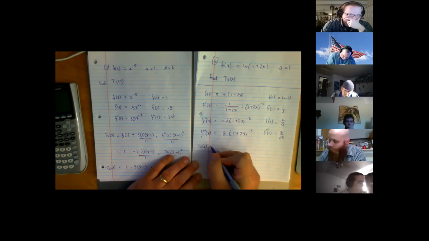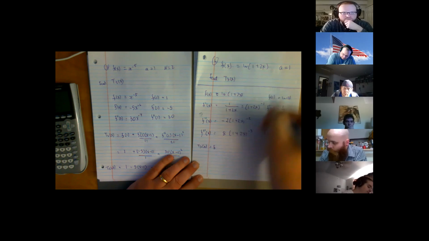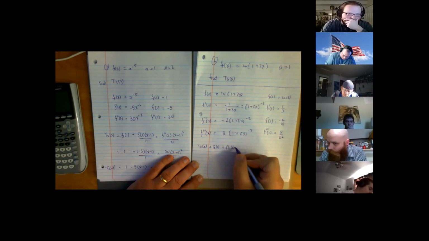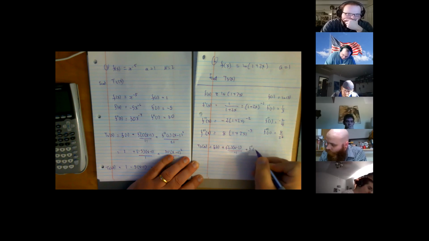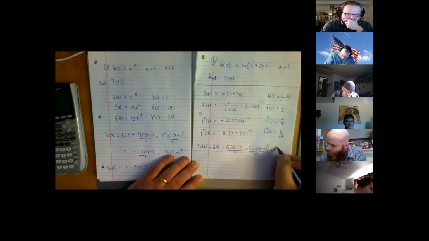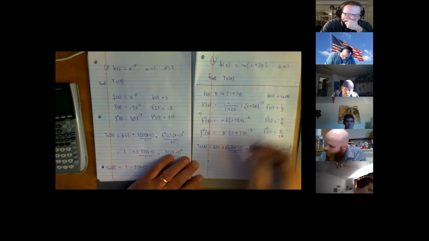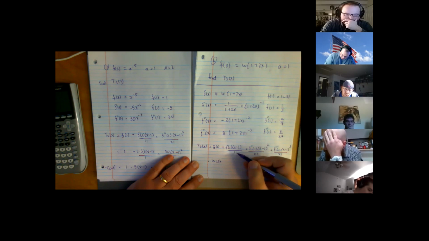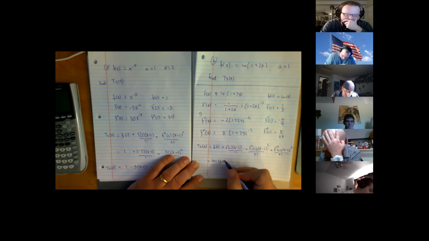So T3 of x is going to be the function evaluated at 1, plus the derivative at 1 times x minus 1 over 1 factorial. Then you do the same thing, but you use the second derivative over 2. And then you do the same thing one more time, but with the third derivative. Now this guy is a log of 3. This guy is a third. That's 1, so a third over 1 gets me a third.